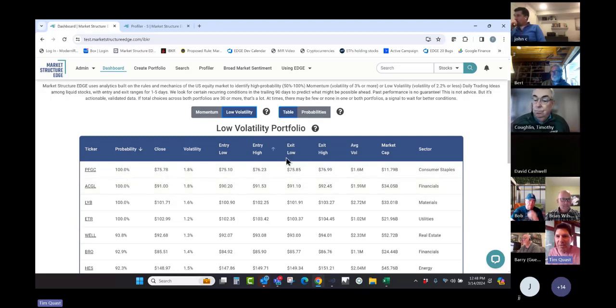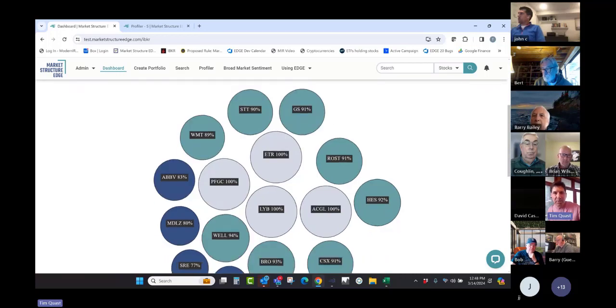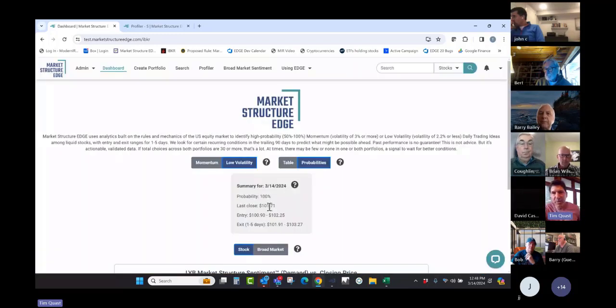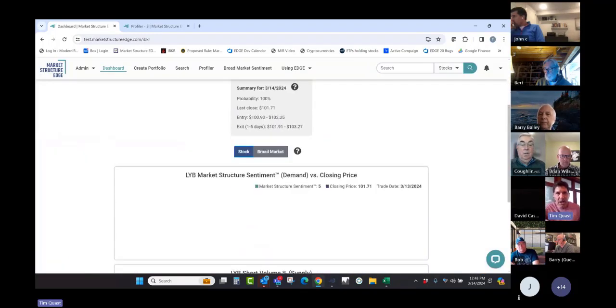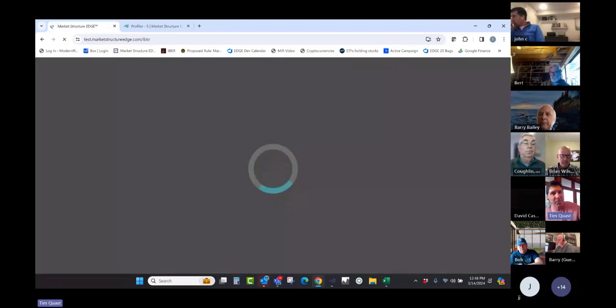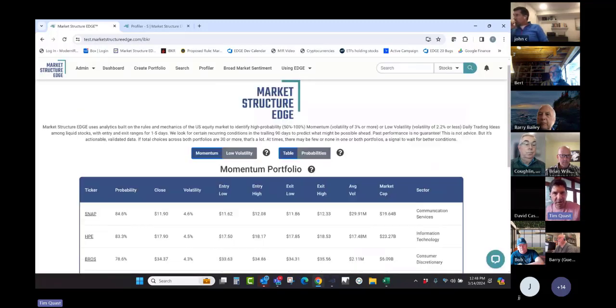So this math is designed to give you actions and a time frame and give you a high probability. That's what it's designed to do. Then you could just look at them by probabilities. So it's either table or probabilities. So if I looked at this and I went, let's go look at LYB. This is the data, and you're going to be very familiar with these views. So let me refresh that. In the test environment, there are some issues like this because we don't have all the accelerators around this data.